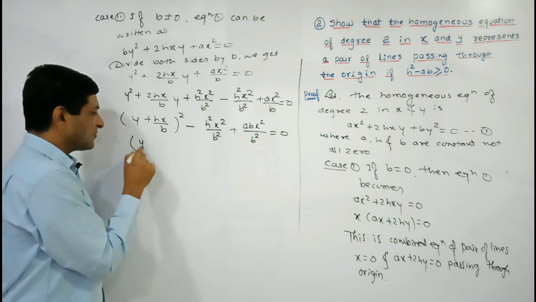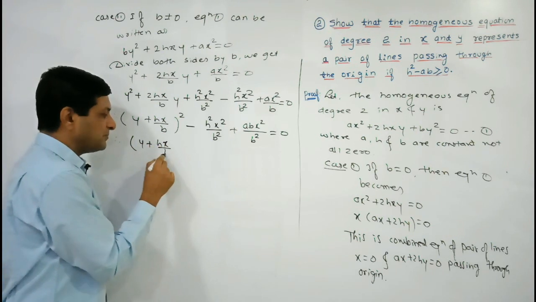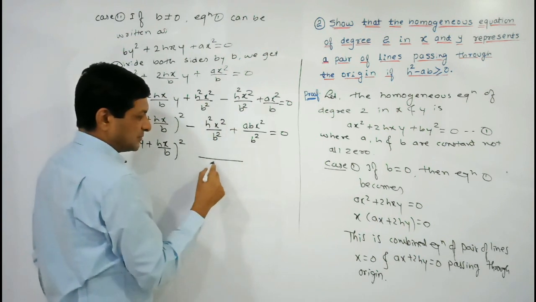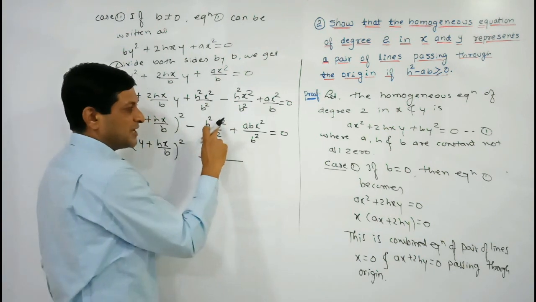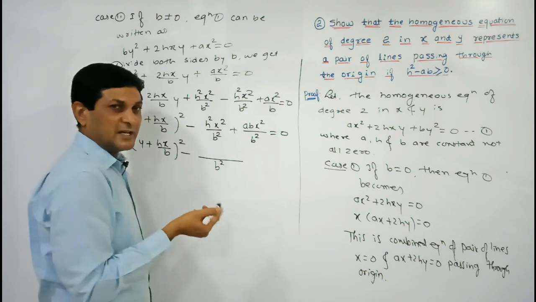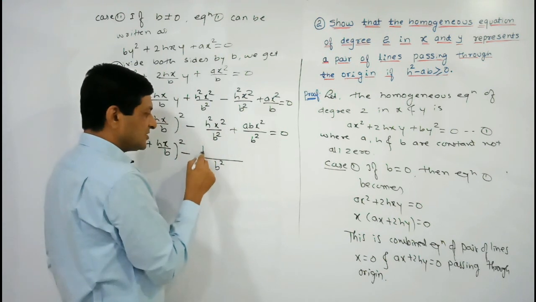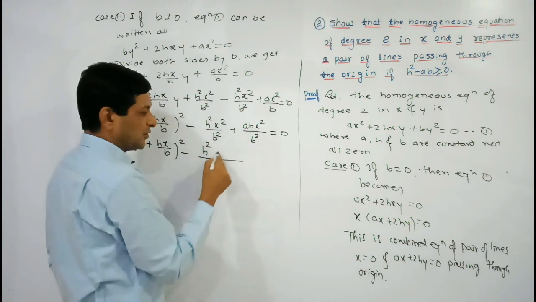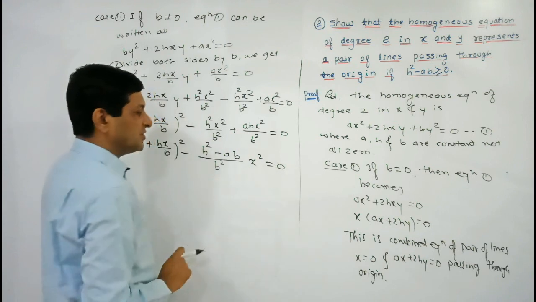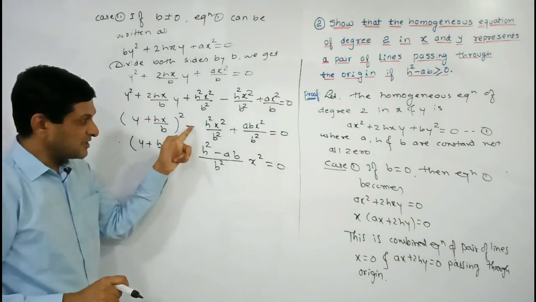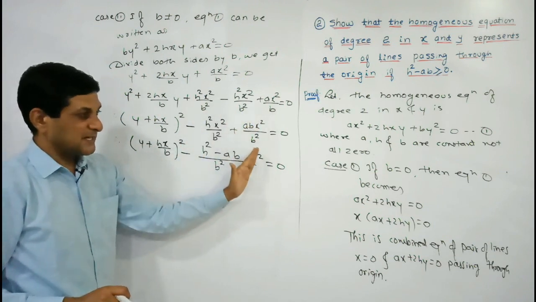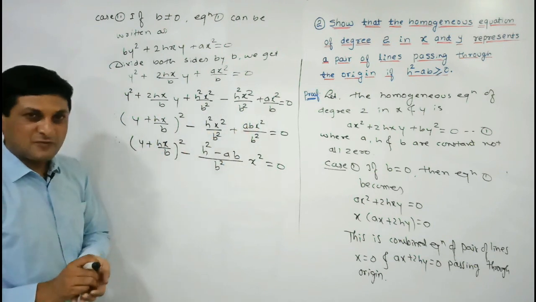So here y plus hx upon b, whole bracket square, keep it as it is. Observe that the denominators of these two terms are the same and we are able to take x square common. Parallelly I am taking minus also common. If we take minus common, this negative term will become positive and this positive term will become negative. Even we have taken x square common from these two terms. Again minus into h square is minus h square, and minus into minus will become plus. Simply we have taken x square common and minus also common from these two terms.